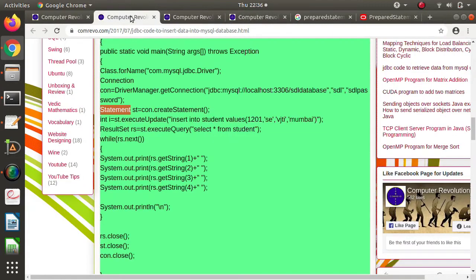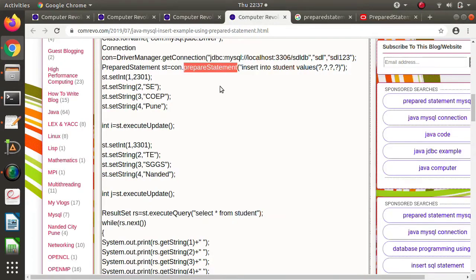Just like to create a statement object we call the create statement method, in the same way, for creating an object of prepare statement we need to call the prepare statement method using the connection object. And here we are firing an SQL query for inserting data into the database. Here, instead of data, we are writing a question mark.